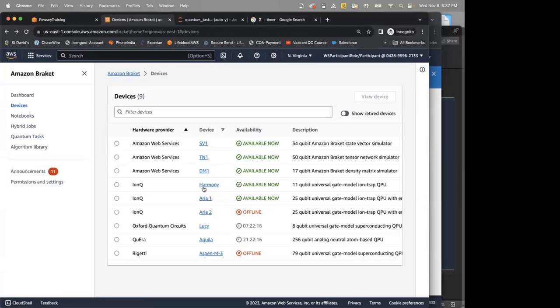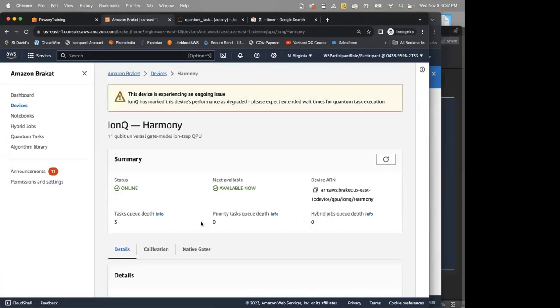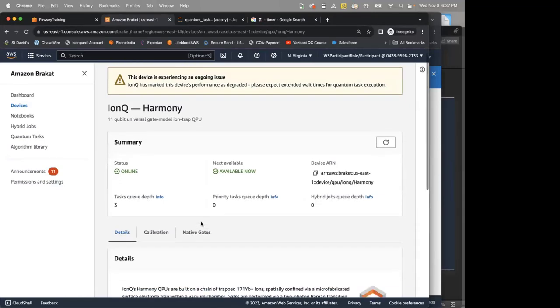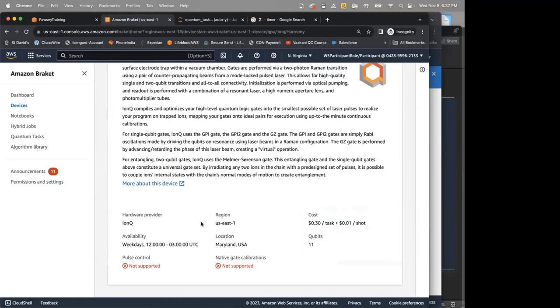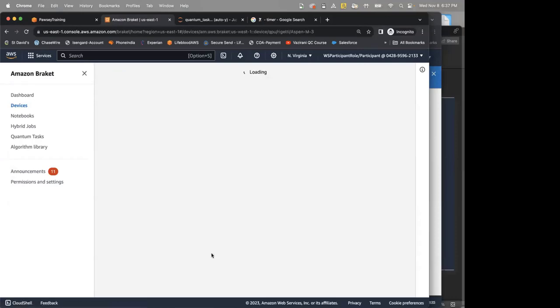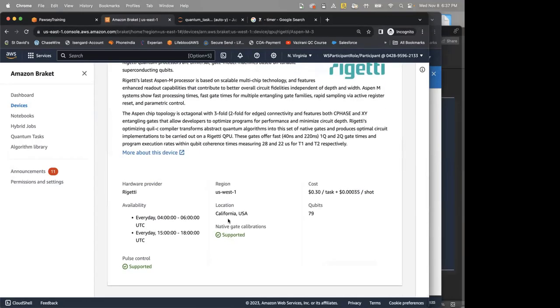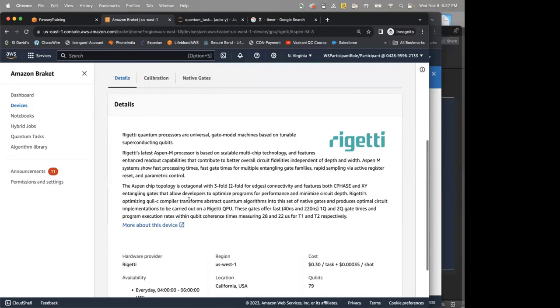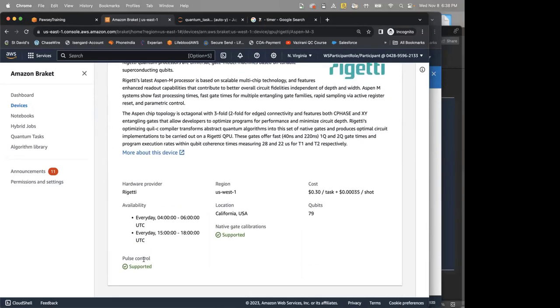I'm going to show you. For instance, if you look at the Rigetti device up here, there is pulse control. It's supported here for these devices. So if you run the code on Rigetti, you can take advantage of the pulse control as well.